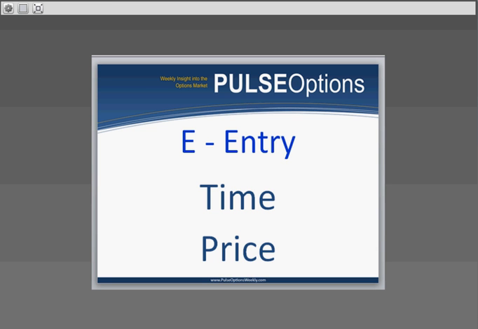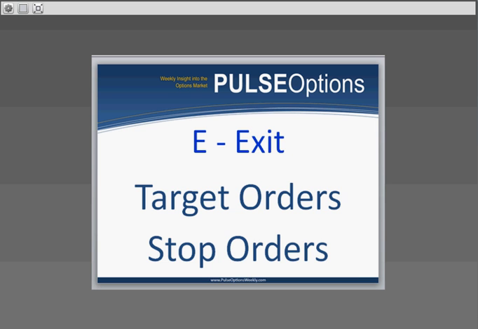Or we have an entry base. We want the stock to be at a specific price. If the stock reaches this price, in the next day or so, we will enter our options. Now, the exits are a little bit more fine-tuned. We can use good till cancel limit orders as a target, right? If you're happy with a certain amount, you put a limit order there and let the market work.